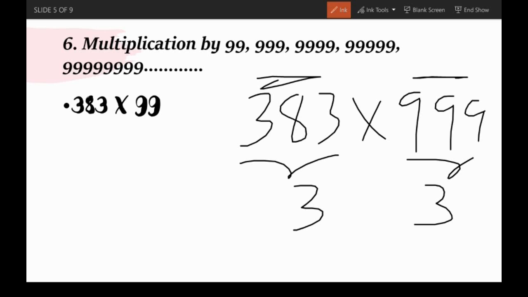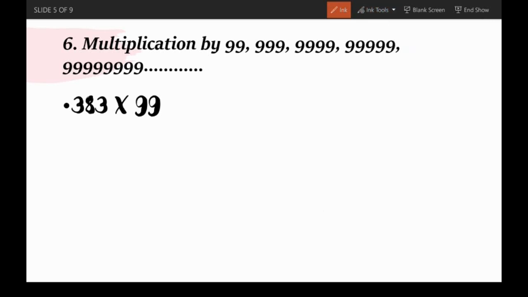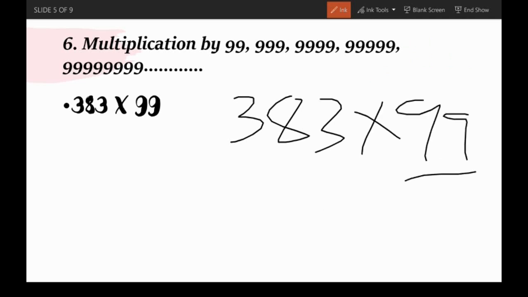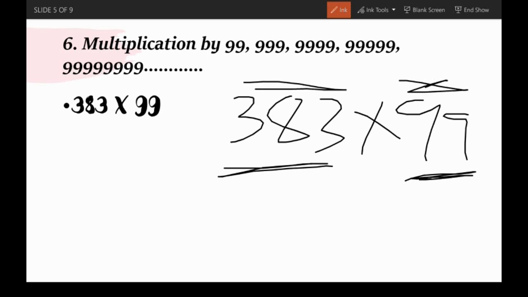But in the sixth video, the sixth trick is that we are going to have fewer digits on one side when compared to the other. This is RHS and this is LHS, right hand side and left hand side, right? Here we have 3 digits, here we have only 2 digits, so we have fewer digits here when compared to here. Let's see how we are going to solve these types of problems.